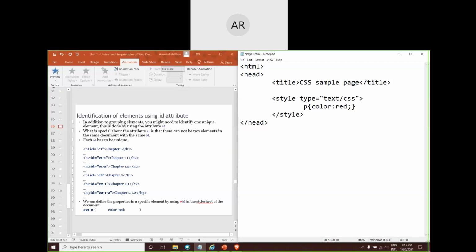So this head section is over. Now within the body, I'll have one paragraph tag for defining a paragraph. This is sample paragraph.